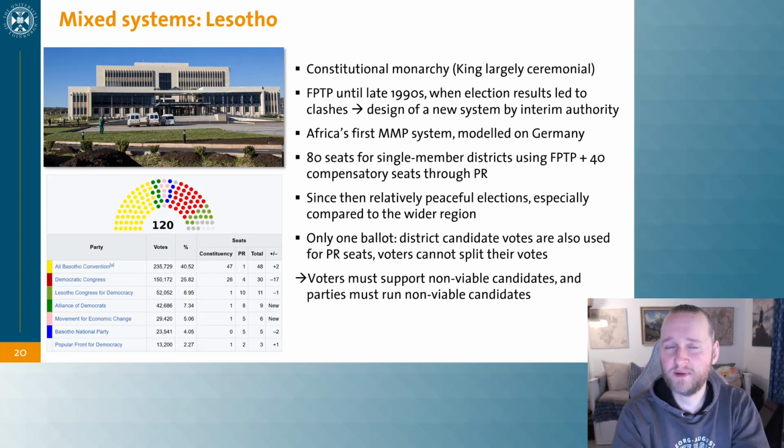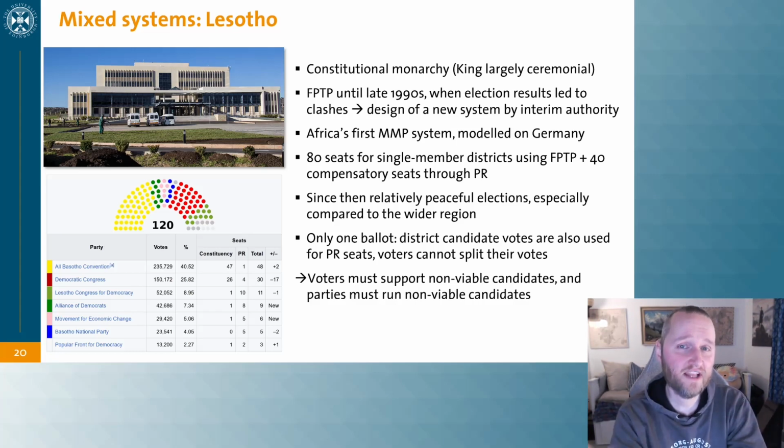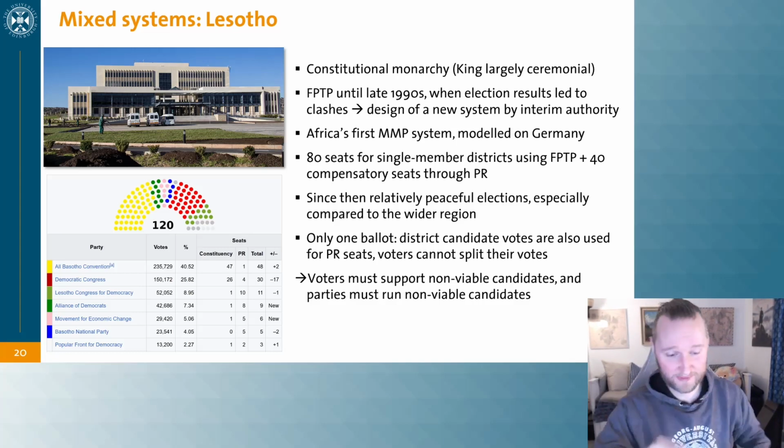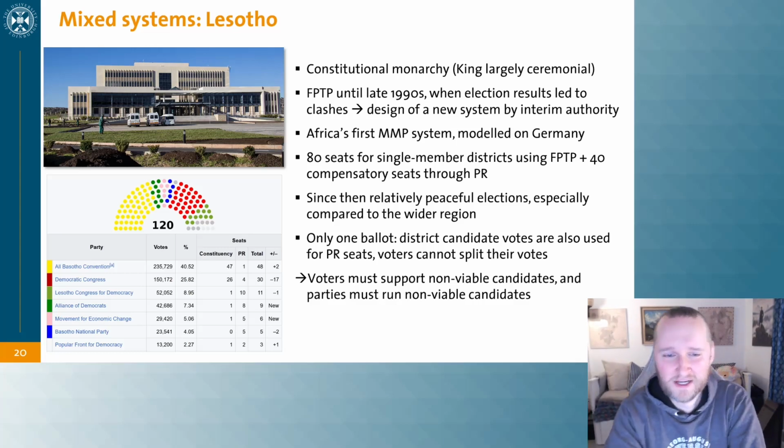Now this worked on a first-past-the-post, bog standard Westminster system until the late 1990s, but then there was a series of election clashes, and they finally decided to try to fix the conflict between government and opposition by giving an interim authority the power to institute a new electoral system. And they then created Africa's first mixed member proportional system that was modeled on Germany. They invited a German expert, and apparently the German expert was so persuasive that they couldn't help themselves but adopt the German system. So what it ended up being is they have 120 seats in parliament, and out of those